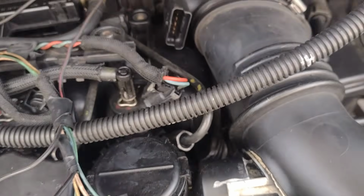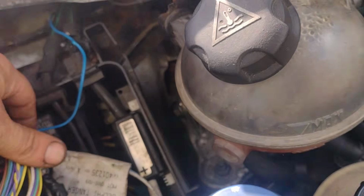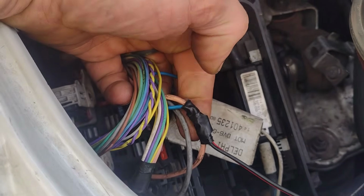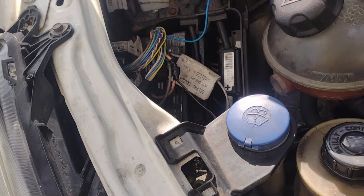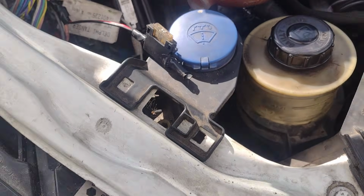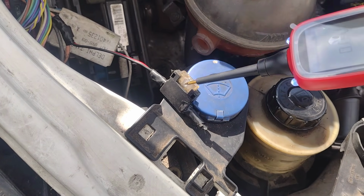There's one going into the EGR and the blue one. See how they're just lying all over the engine? That's how it was. I use jumper leads sometimes when I'm testing to see if something could work. They have found a wire that gets power with ignition on. No power without it, but the interesting thing is they put an inline fuse in. That's not blown, but it's pulled the wires off. So this beast here should have no power